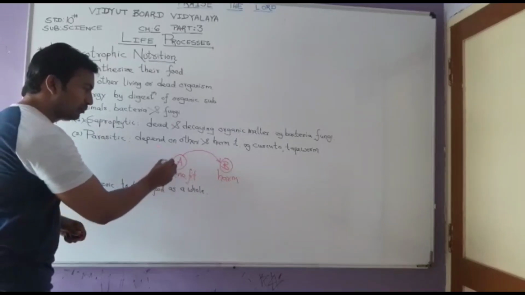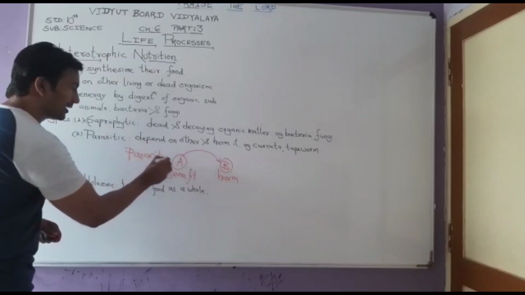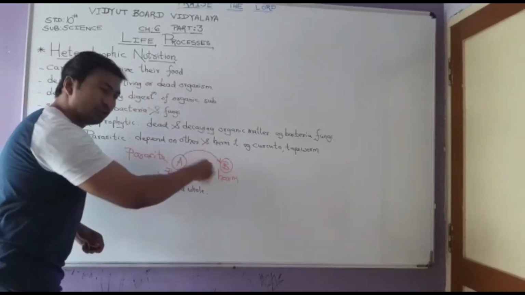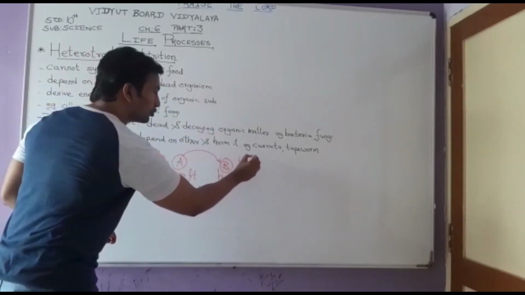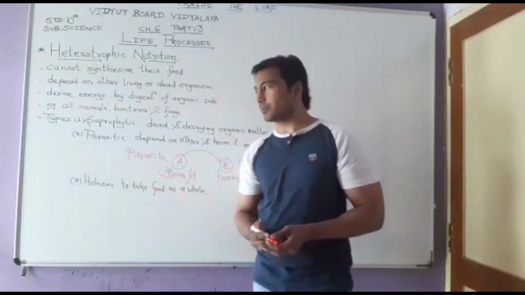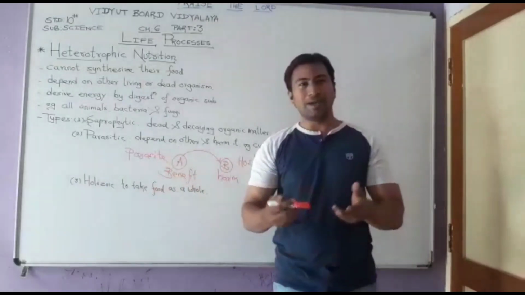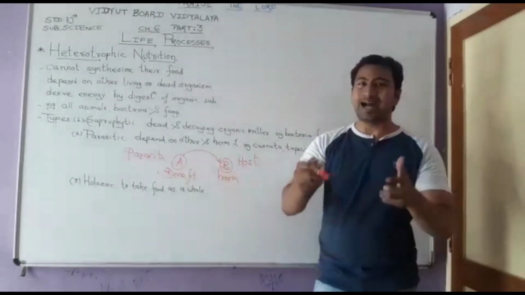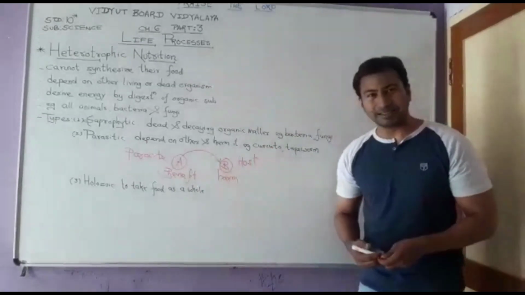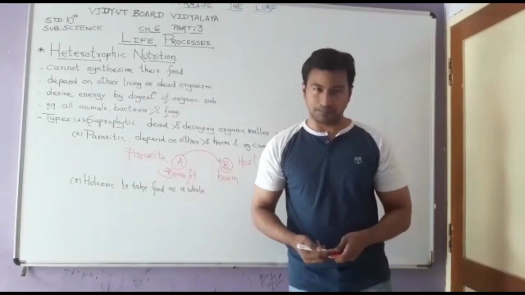Therefore, the organism who is getting benefited, that is said to be a parasite, and the organism from which the food is being taken and who is harmed, that is said to be the host. So such kind of relationship is said to be a parasitic relationship, where one organism is getting benefited and that organism we call it as a parasite, and the other one who is getting harmed, that is said to be the host. Fine. Here the examples are of plant known as the cuscuta and one of the animal, that is the tapeworm. There are many other examples.